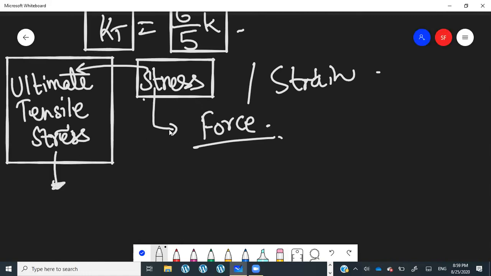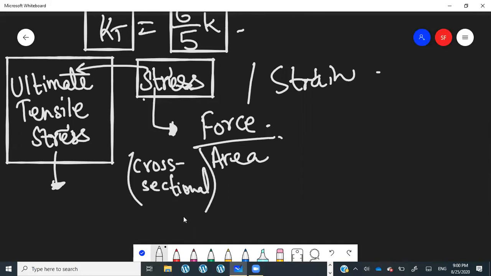But what is stress itself? Hello, I'm asking something. Oh, force over area. Force over which area? The wire's area. Cross-sectional area, not the wire's area. Right. Okay, this term cross-sectional, this is a key term. Without this, you won't get the mark, okay? So whenever you are supposed to define stress, it is the force per unit cross-sectional area.